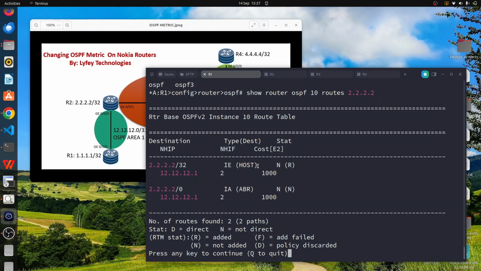You can see that now the cost has changed to 1000. So the way it calculates, it will take the reference bandwidth and then divide by the bandwidth of the link. So if it's a 10G link, it will be the reference bandwidth divided by 10G, and remember it's in kbps, so you can always adjust it to the value that you want. So the cost has now changed from 1, you can see here it was 1 up there,